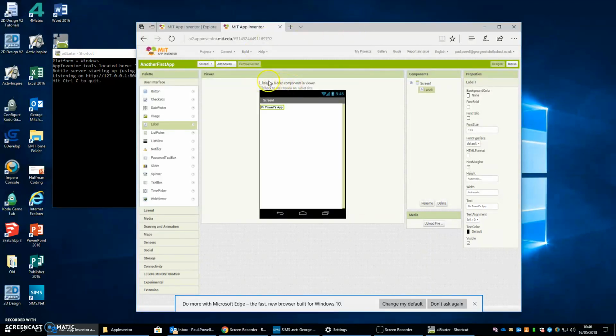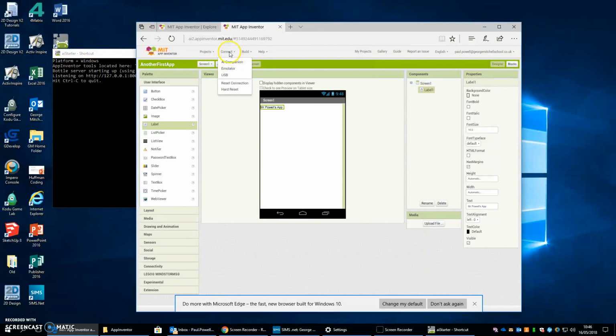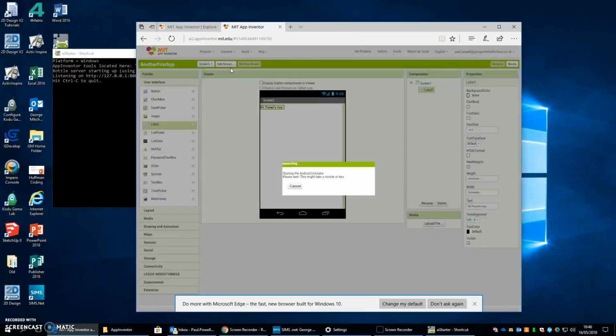What we need to then do is we need to connect to the AI Starter, the emulator here. So in my menu inside App Inventor, I click on Connect to Emulator, and it will say it's starting the emulator, and you can see things are starting to happen over here. It takes a little while to come up,